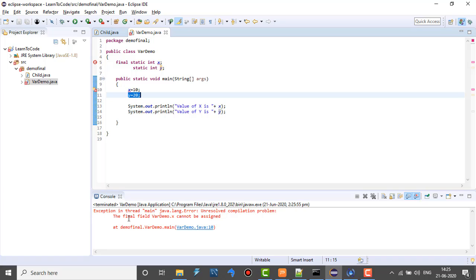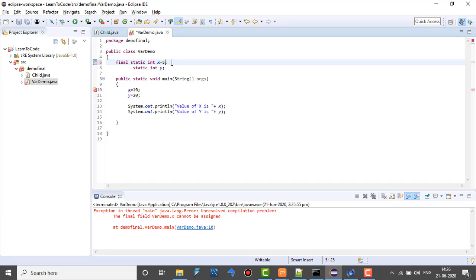So you see the final field VarDemo.x cannot be assigned, which means that this particular variable cannot be assigned any value because it has been declared as final. Now in order to remove this error message, we will assign x a value.